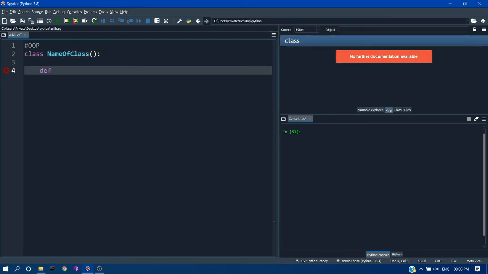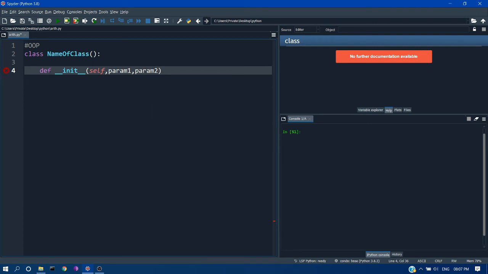Within that, use the def keyword, which is more or less like a function. Like a function, we use the def keyword to create a method. Within a class it is normally not called a function; it is called a method of the object. Following the def keyword, we use __init__ and open and close brackets. Here you will have the self keyword, and maybe I'm using just two parameters to pass.